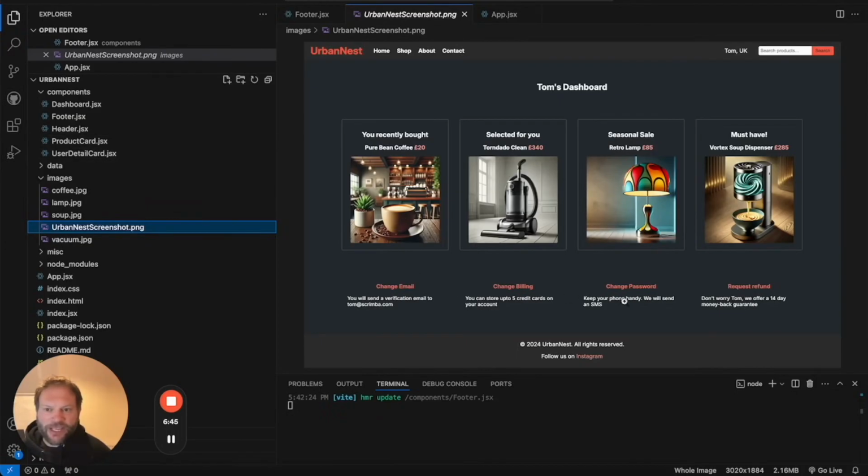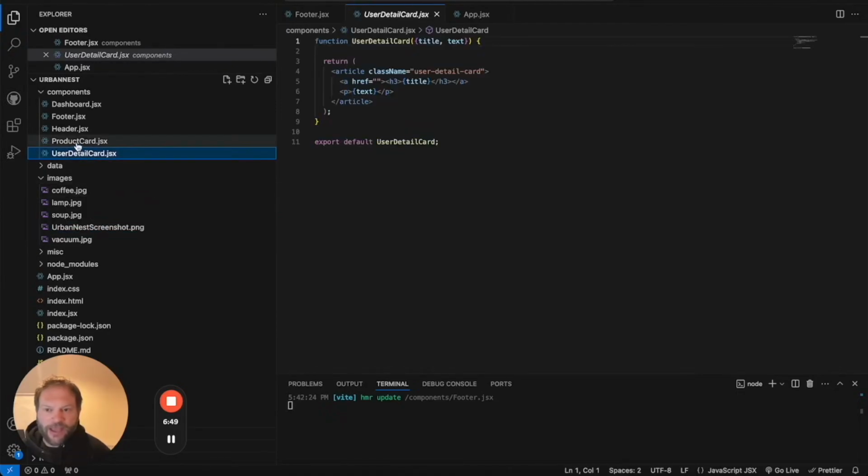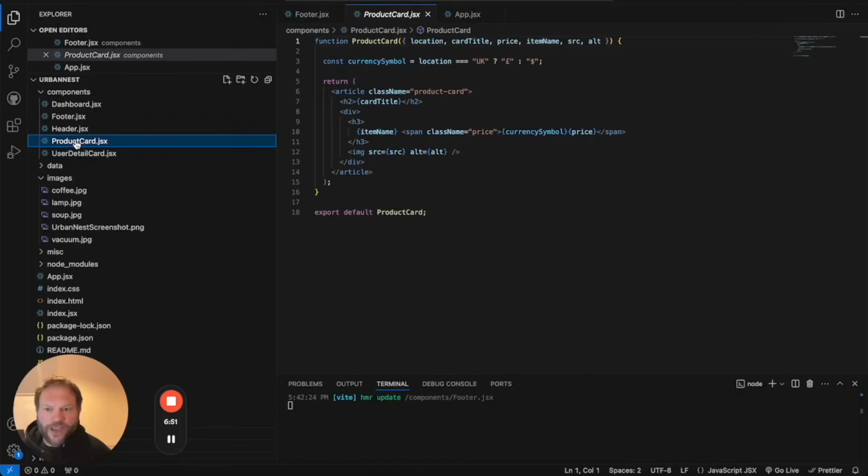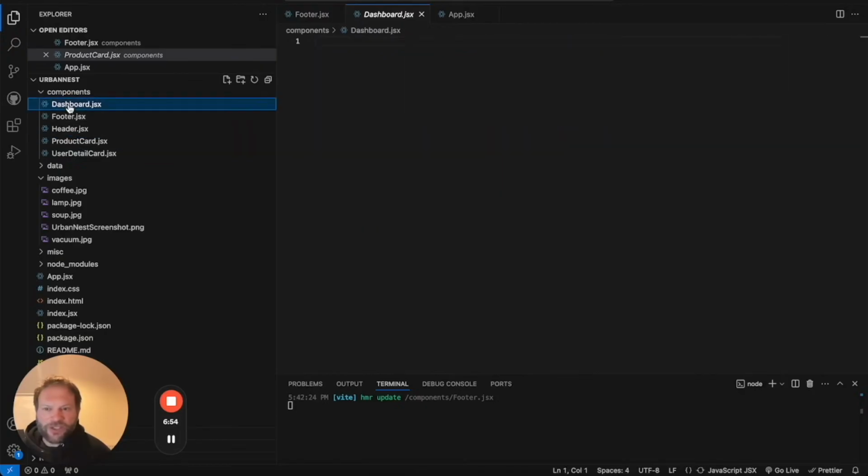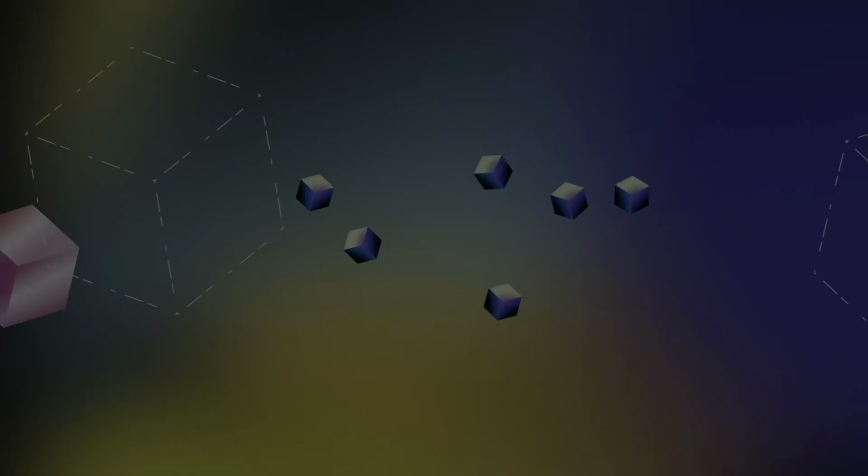And then down here, we've got the user detail cards. Again, we've already got the React in there. So we've got all of that code available to us. We just need to put it to good use in dashboard.jsx. So the first thing we need in dashboard is a functional component, and that brings us to our first extension.